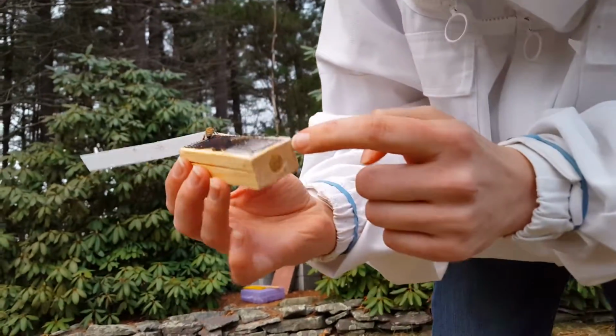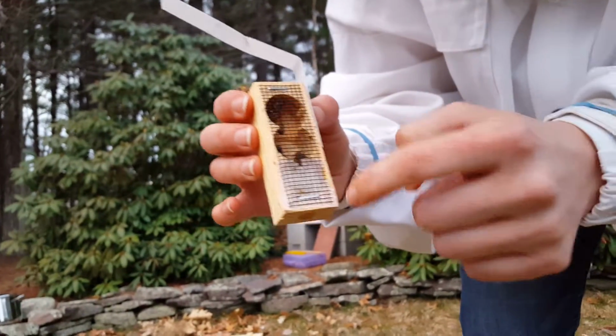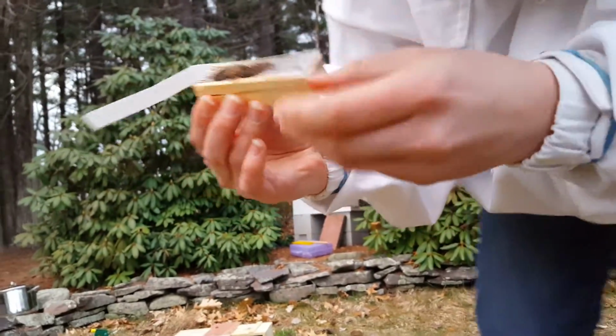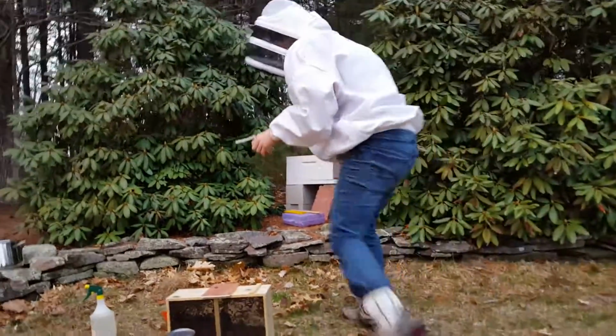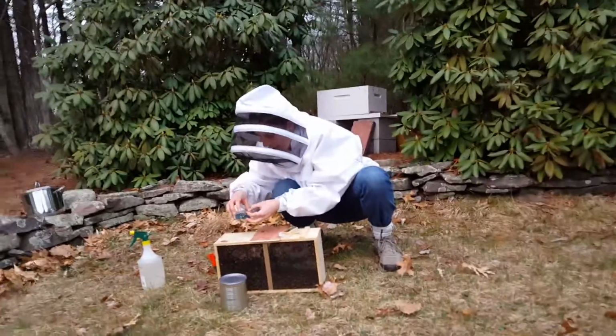So this little thing right here is a block of sugar candy. There's a little cork there on the bottom that I'm gonna try and pry out. If I can't pry it out, I'm gonna have to go. Oh, I've got a pin in my pocket. So I'll pry that out with a pin. And then,